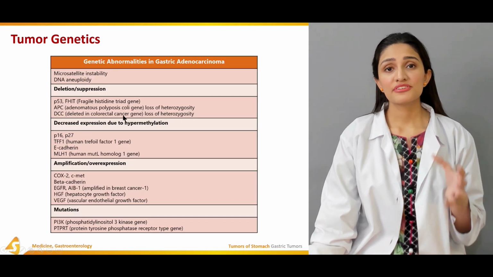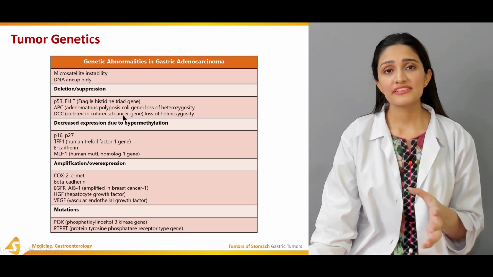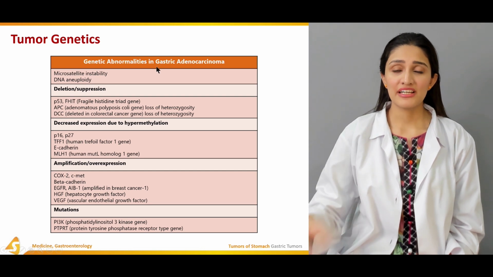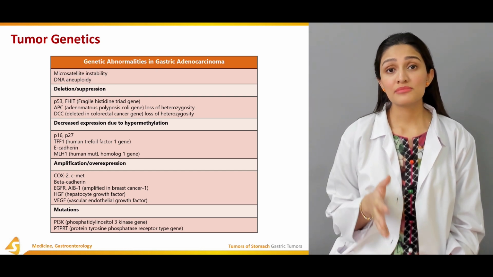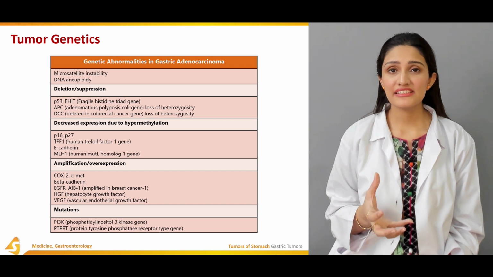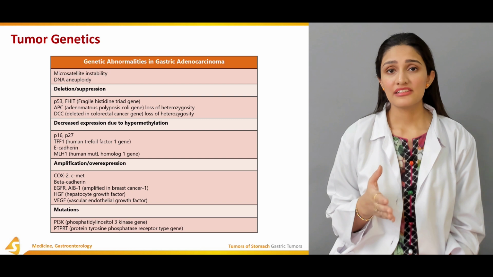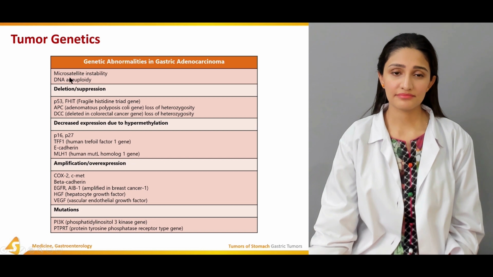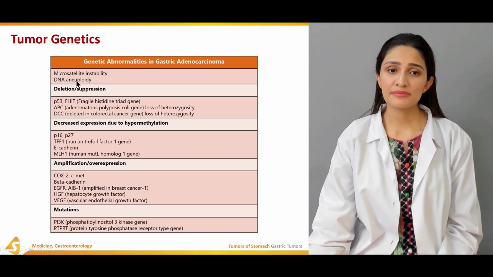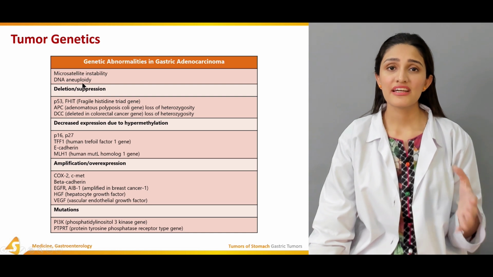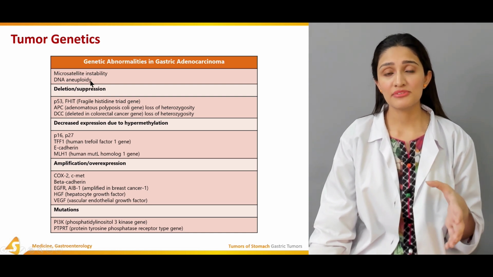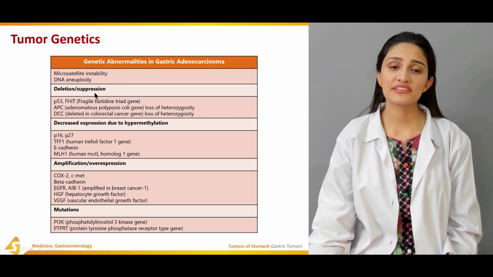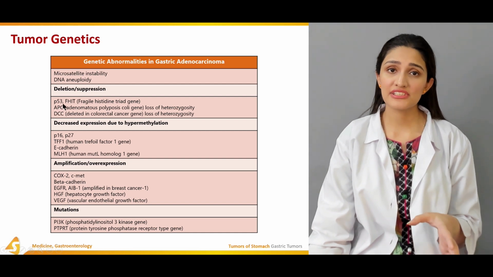So lastly, if we talk about tumor genetics, what is the role of tumor genetics in the development of gastric cancer? Genetic abnormalities in the gastric adenocarcinoma, as adenocarcinoma takes up almost the majority of the malignancy regarding the stomach, and it is the most predisposing type of gastric cancer. So there are different types of genetics, such as the DNA aneuploidy. It is one of the most common genetic mutations, that occurs around 50 to 60%. And then deletion and suppression of some genetic factors, such as the tumor suppressor gene P53.